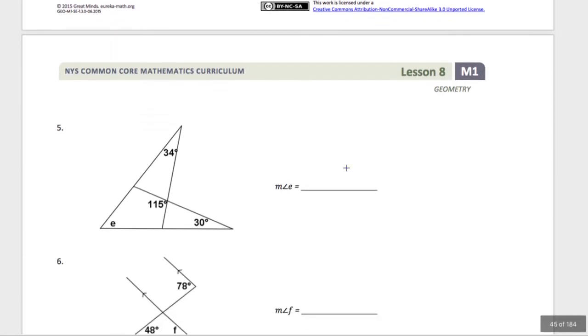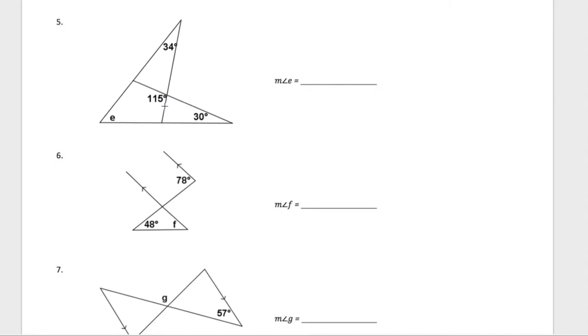Pause me again. For number 5, we know that these two angles add up to 180 because linear pairs are supplementary. And I should be doing reasons for the other ones. I'm going to go back and backfill those. Which means that this angle here is going to be 180 minus 70, so 65